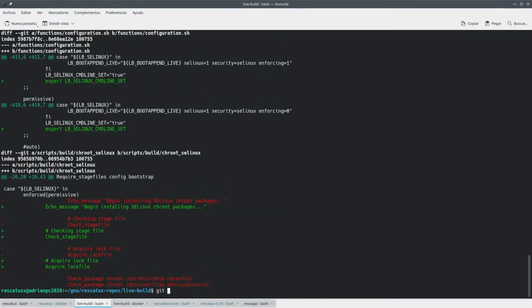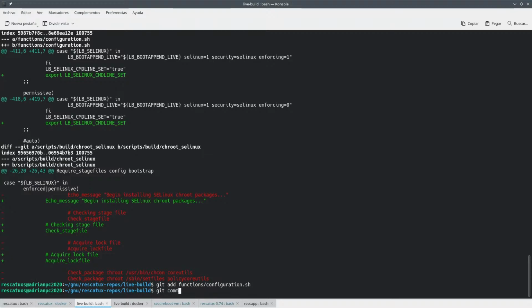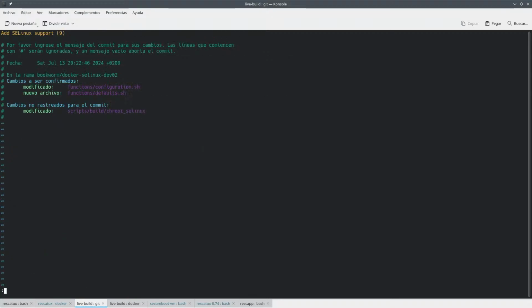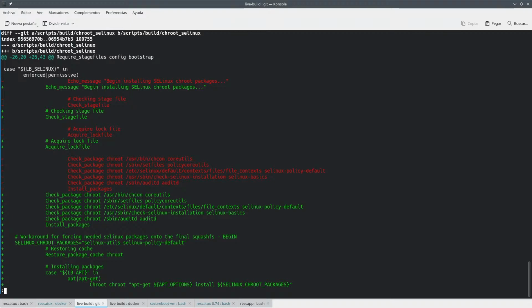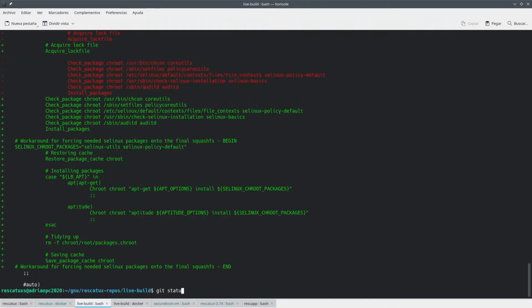So the first one in here, functions configuration.sh, we want to amend the latest commit, which is the 9.1. However, the second one, which is the chroot SELinux thing,